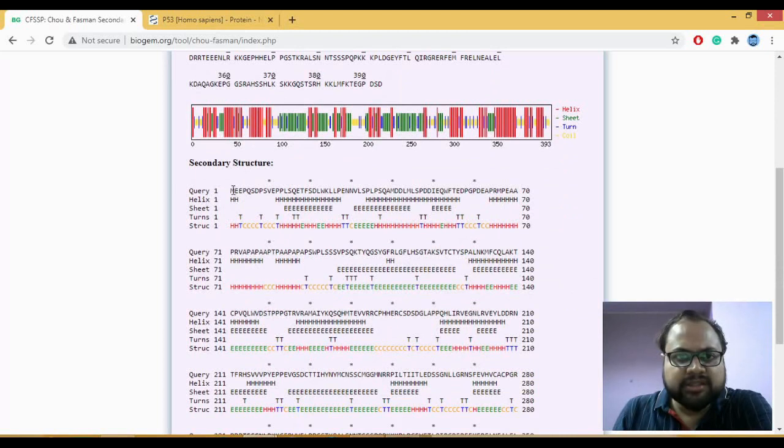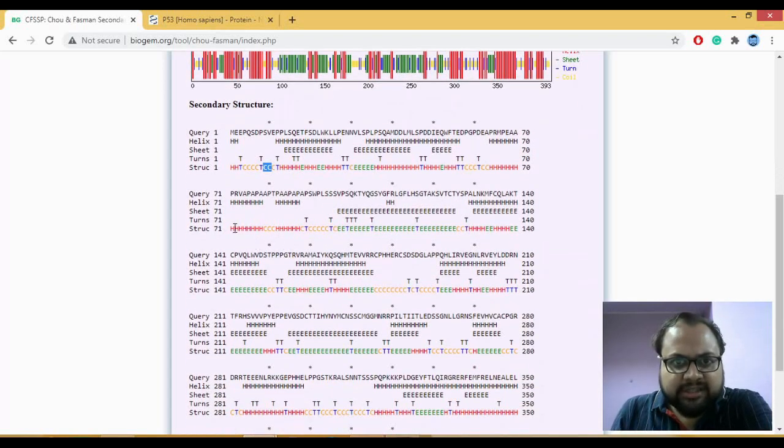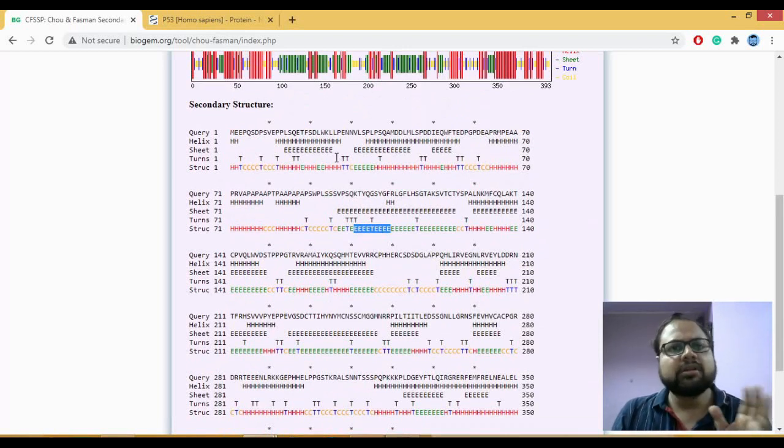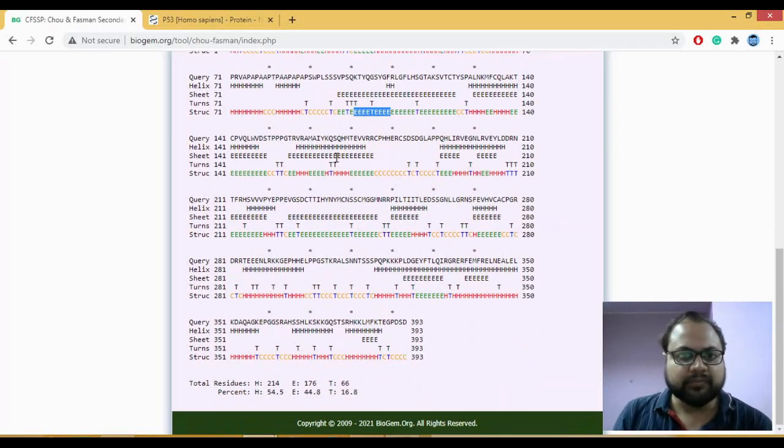This is your sequence here, showing how many regions are helices, how many regions are coils, which is C, and how many regions are turns. You can see the parts marked as H are nothing but the helical regions, and the ones marked as E are nothing but your beta sheets. It tells you which amino acid is predicted as helix or coils or turns.